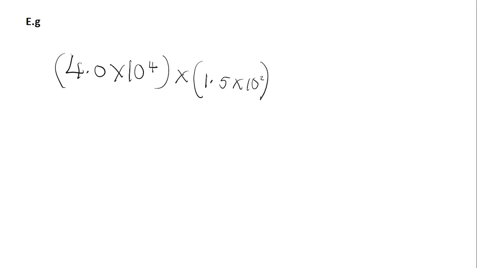They want us to carry out these calculations in standard form, meaning that you don't have to change these to the ordinary way. So we are multiplying. The rules are saying, let's multiply this number and that number in the normal way, then let's add the powers, 4 plus 2. That's what we're going to do. So let's go: 4.0 times 1.5 times 10 to the power